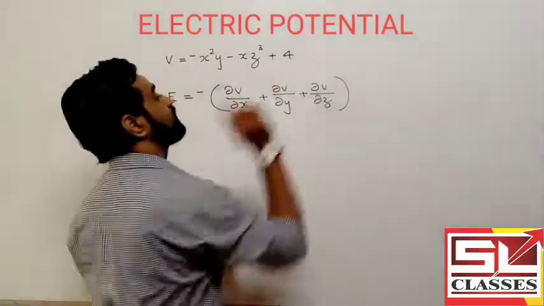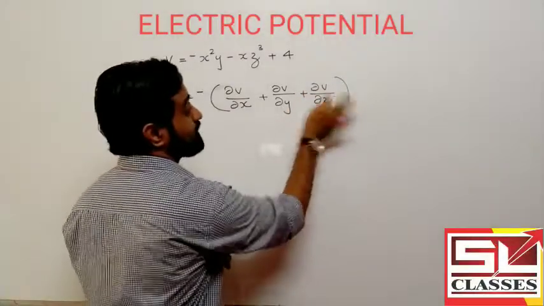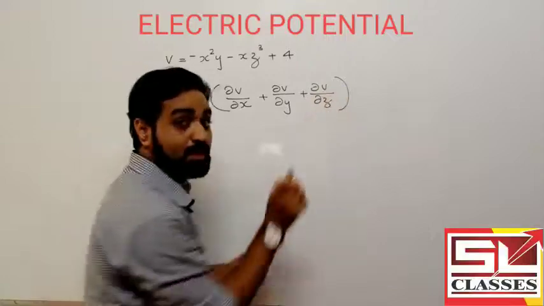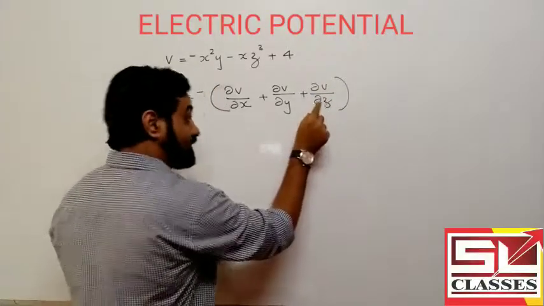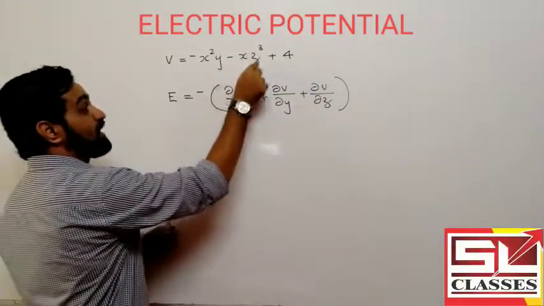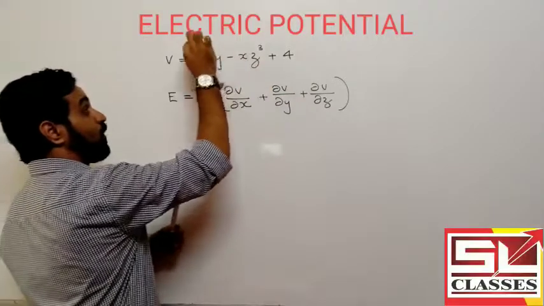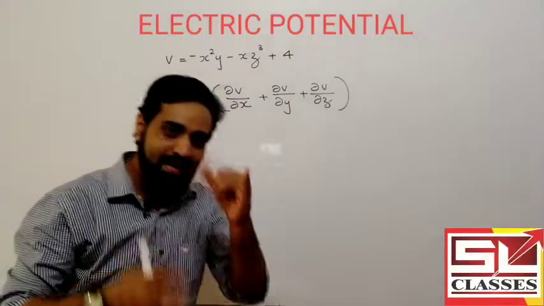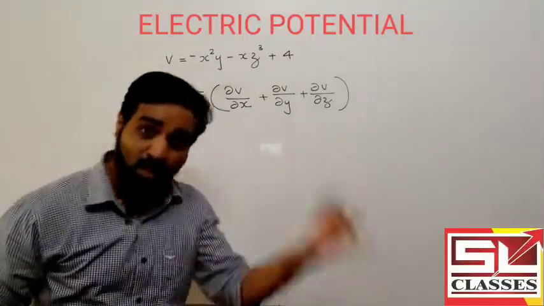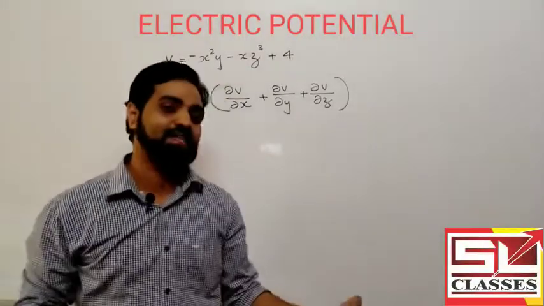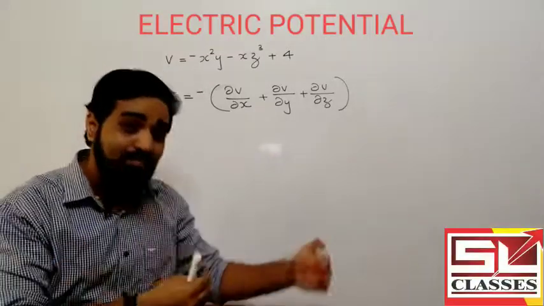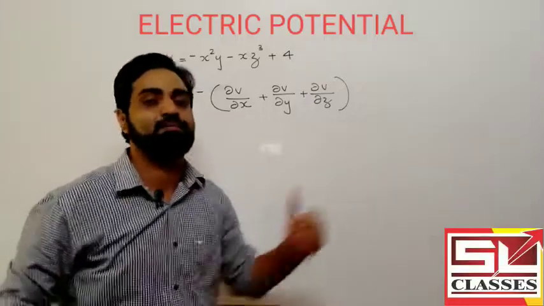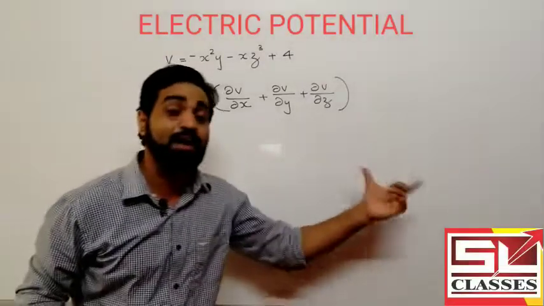Now you have to see what we have to do next. Here again we have to take the derivative of voltage with respect to z. So when we are doing this term, only z is variable, and all other terms are constant. So by considering x as a variable, then y as a variable, then z as a variable, we have to do the derivative of this function in 3 different steps. That is the concept of the partial derivative.